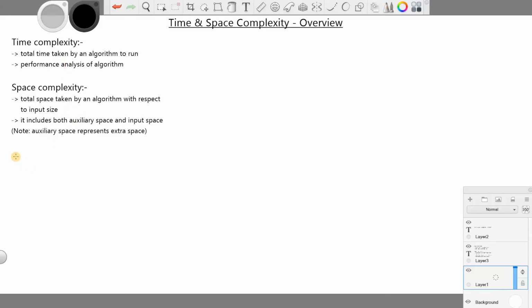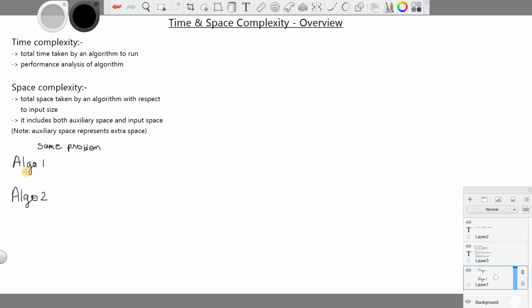Let's say I have algo 1 and algo 2. Which of the algorithms is better for me to use? Both algorithms solve the same problem. Forgive my handwriting, it's completely new for me to write in a sketchbook.